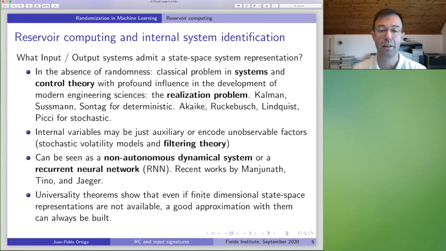In our situation, since in many cases we will be dealing with stochastic inputs in a stationary regime, or we will be working in a fading memory situation that is not a finite memory situation, we are obliged to work with this semi-infinite inputs framework, right? So what I'm trying to say is that all these results in control theory and so on do not automatically apply to our setup, right?